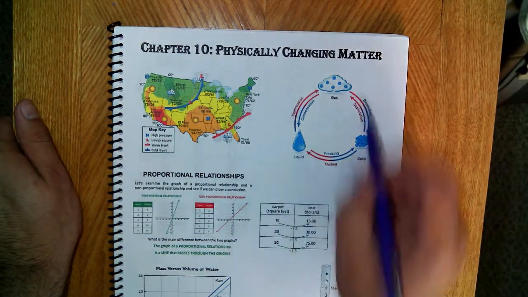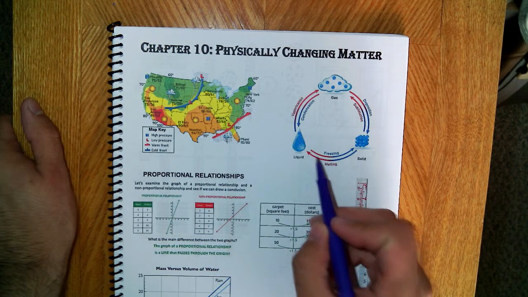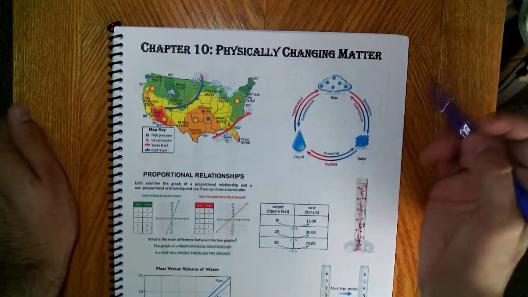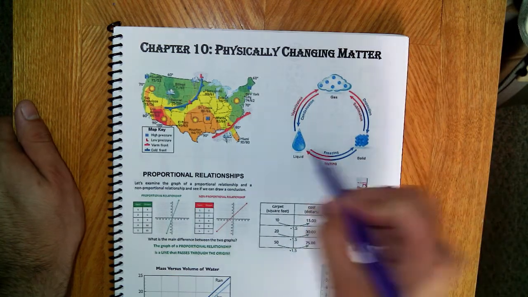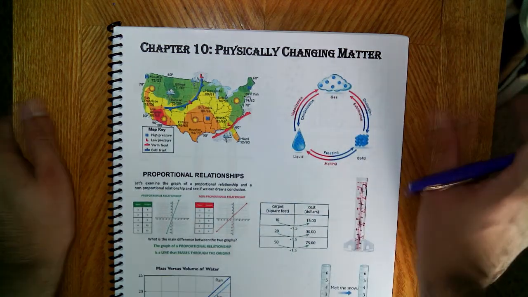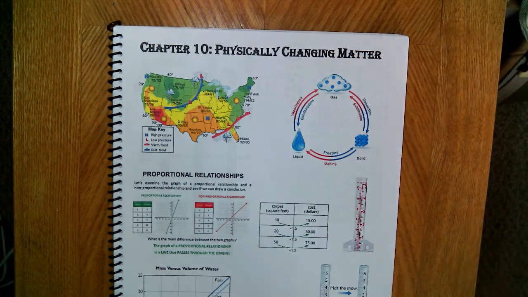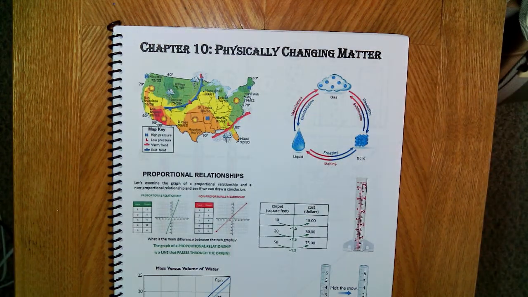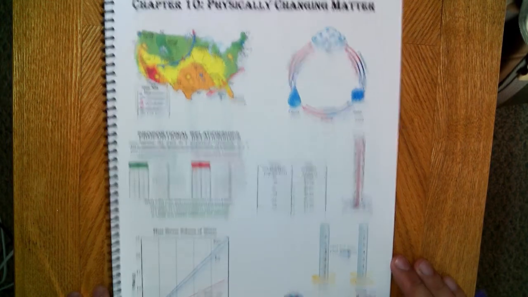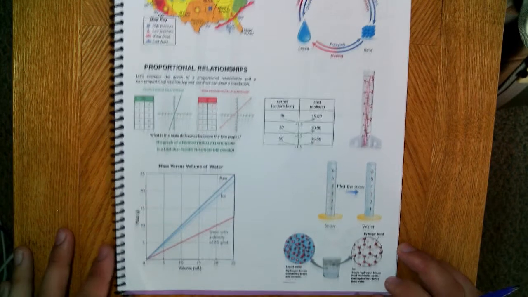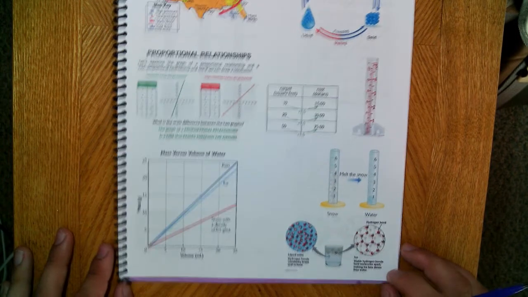We looked very briefly at physical changes, specifically phase changes of matter. So going from solid to liquid to gas, and what each of those are called. There are 6 of them, and you should be familiar with what their names are and between what phases they are going to and from. We looked at proportional relationships. This was our introduction to gas laws, so we did quite a bit of work with proportional relationships to understand